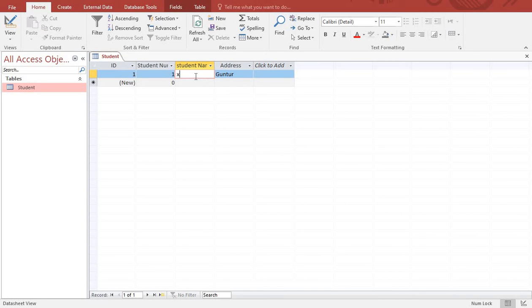Simply I have clicked here, removed this value, and I am entering a new value like this. So this process is called editing. You may edit it, you may modify it, you may delete this record if you want to. Clear?